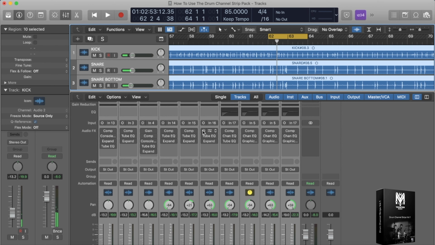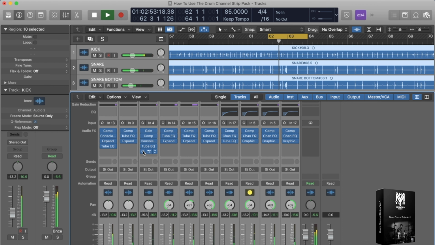Go from sounding dry and plain to sounding like this. Instant. So guys, that's just a teaser of how my drum channel strips Vol.1 works for Logic Pro X, and